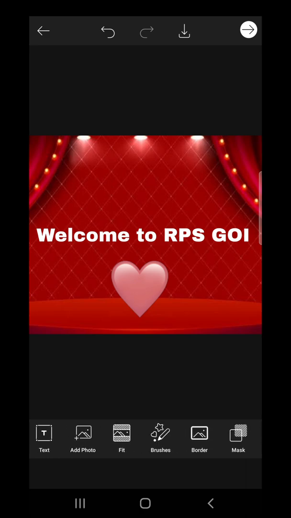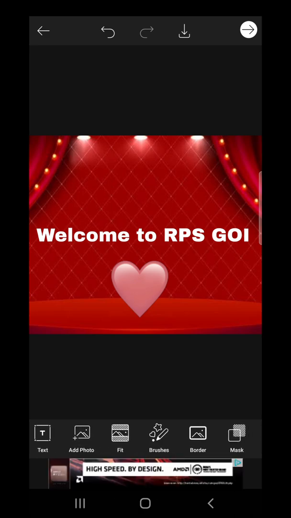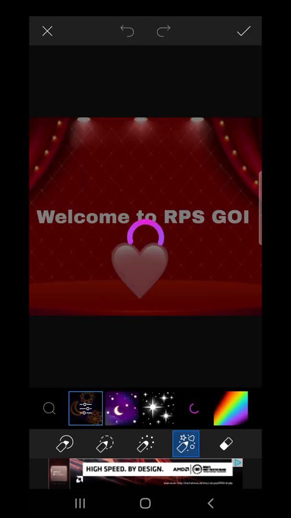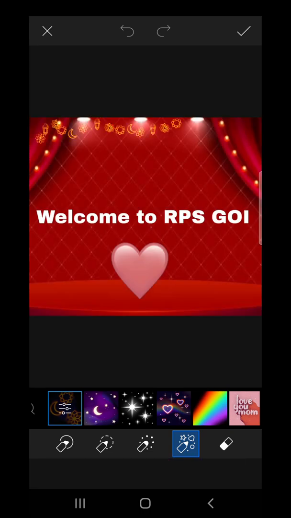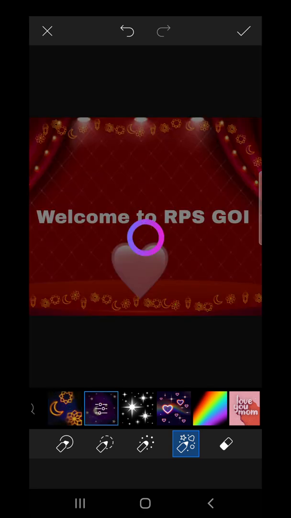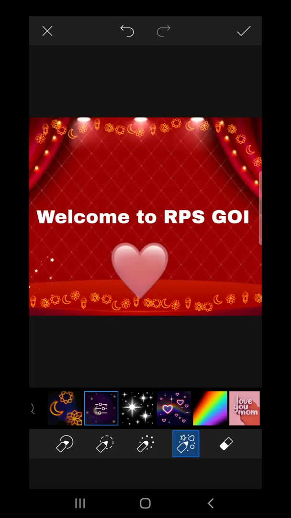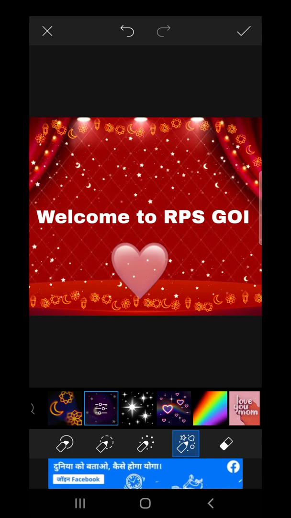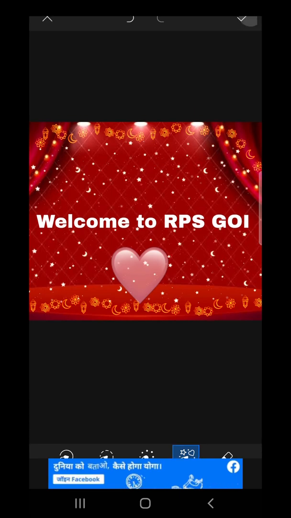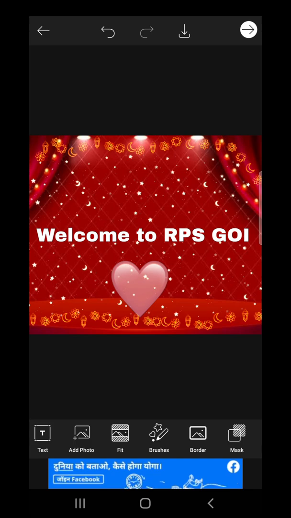Now I want to use or doodle on this, right? I know you are doing that already. So there are so many options you can see here. Let me choose this option. Can you see how nicely it's getting done? I want to add some more of the doodles. Let's see. These are the effects you can easily add to your pics. This is one of the software which you can easily go with. Alright, so I'm done with it.